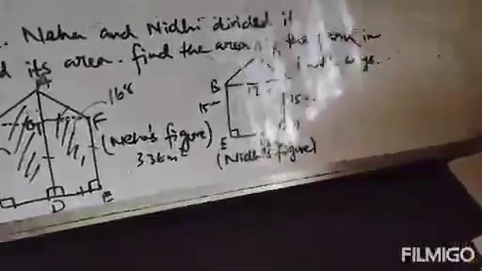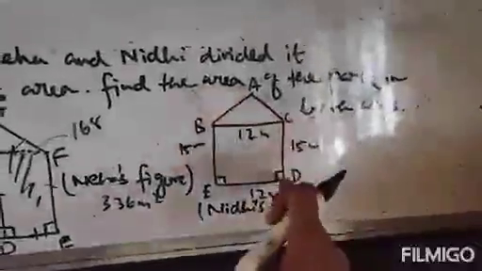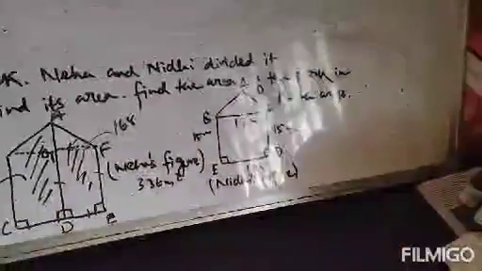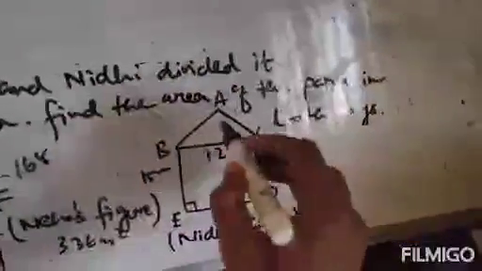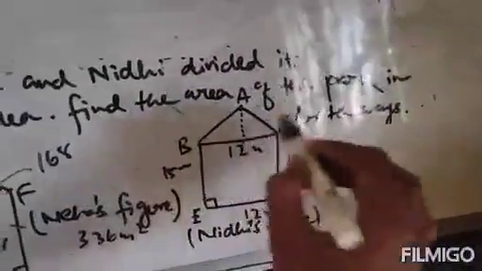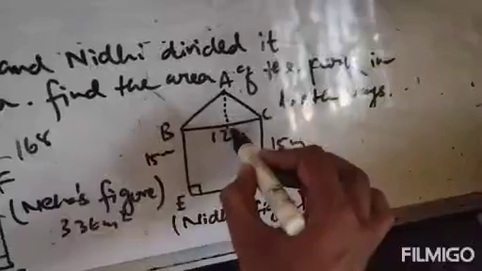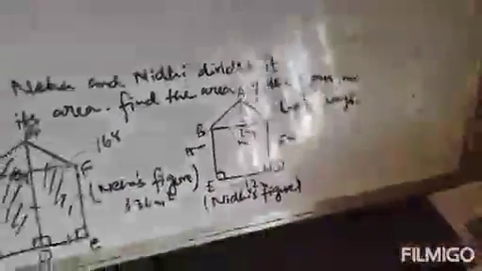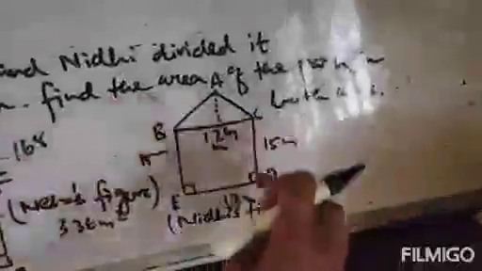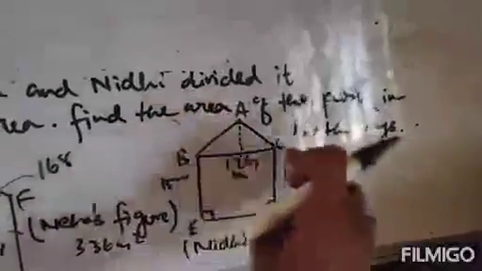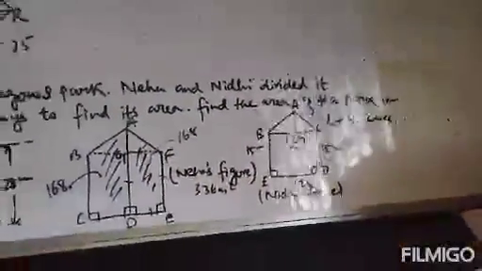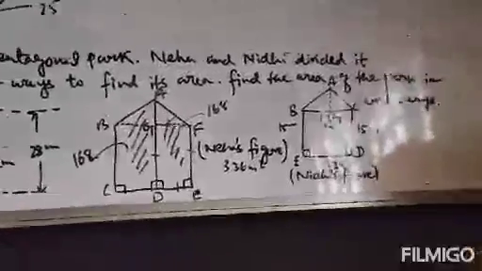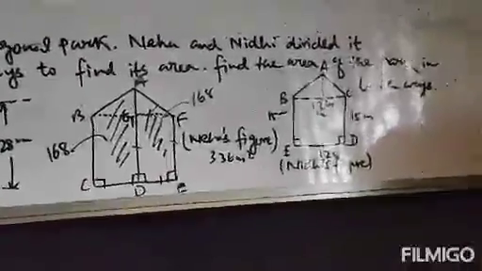So area of the rectangle will be length into breadth. We will just multiply length into breadth to get the area, because this is a rectangle portion. And for the triangle, just draw this. This is the height of the triangle, and name this point as G. So we have to find out the area of the rectangle and area of the triangle, and we'll add the two parts to get the total area of this park.